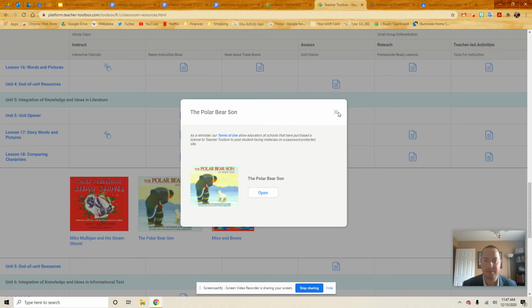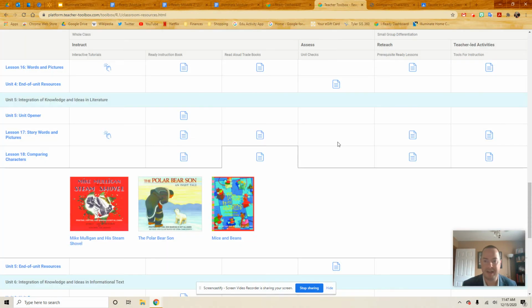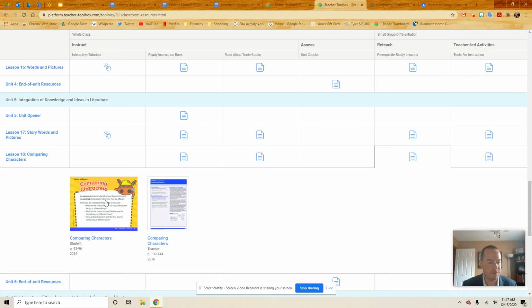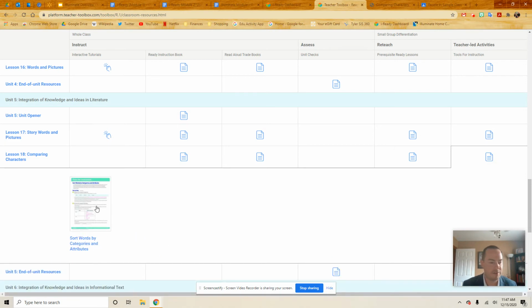And then also, depending, you might have an assessment that goes along with it. This lesson doesn't, but there are unit assessments built in. They might have some reteaching strategies for you, as well as additional activities if needed. So take a look at those. So you have comparing characters. That's what the student sees from their workbook. Then they give you the teacher directions to go along with that. And then the same thing for different activities,